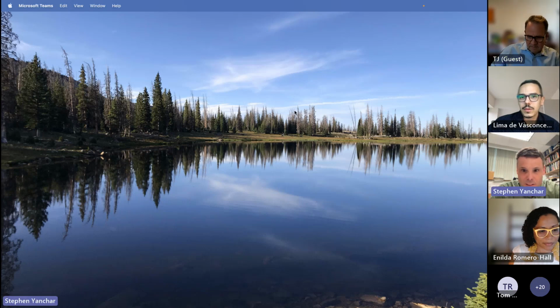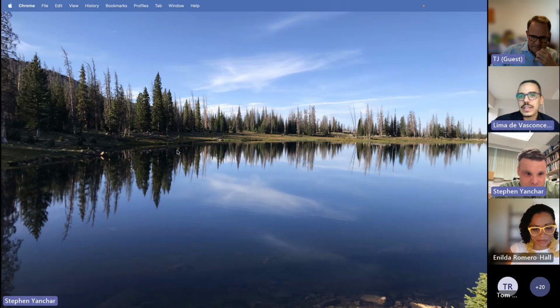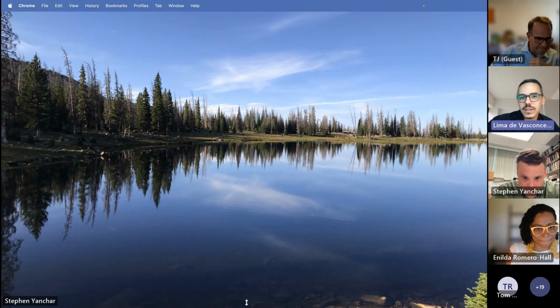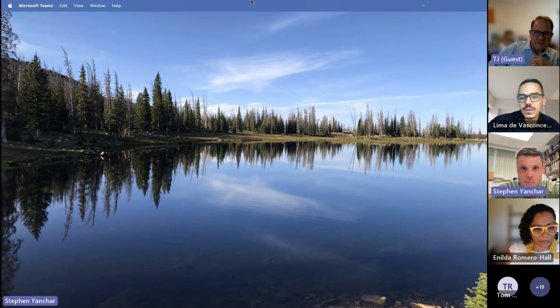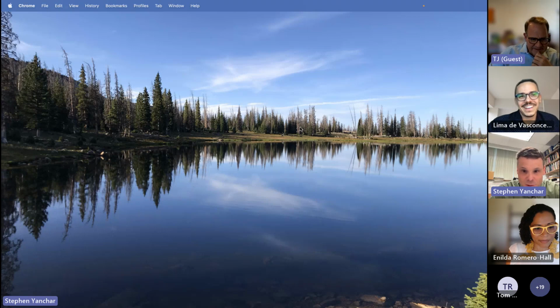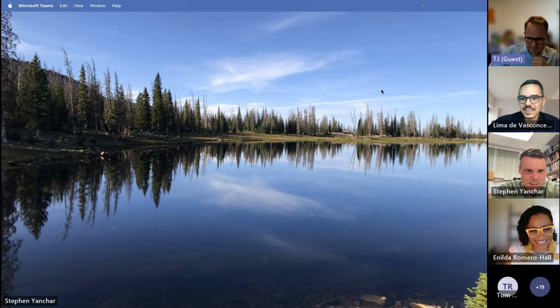Okay, well, so let me get out of that so we don't waste our time looking at that lake. If you click share on the top right corner, a top window will show, and it will show you which screens you can choose from to share. Okay, so I thought it was going to be on Zoom, and so I didn't look in advance, and so I didn't do any advanced training or tutor myself in this. Okay, so let's see if I can just stop sharing, and I'll just say a couple things. So do you still see the lake? No. Good. Okay, sorry about that.